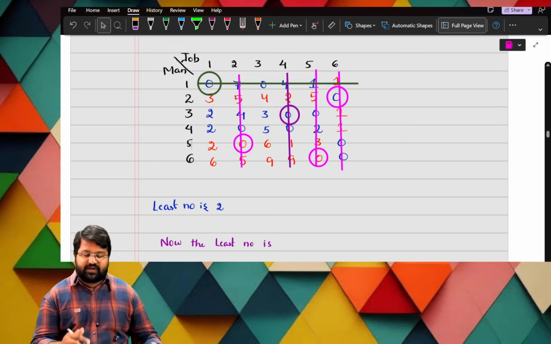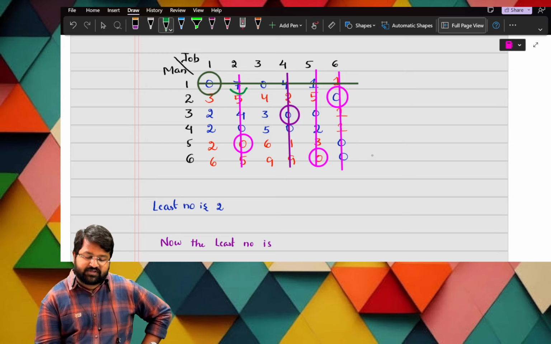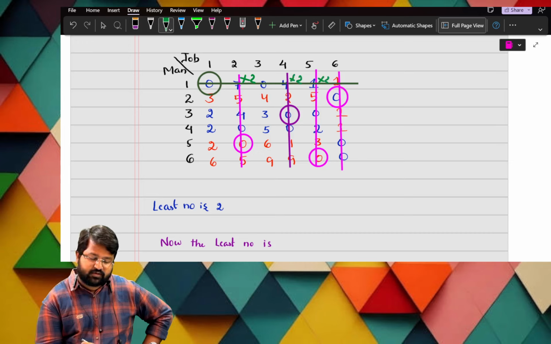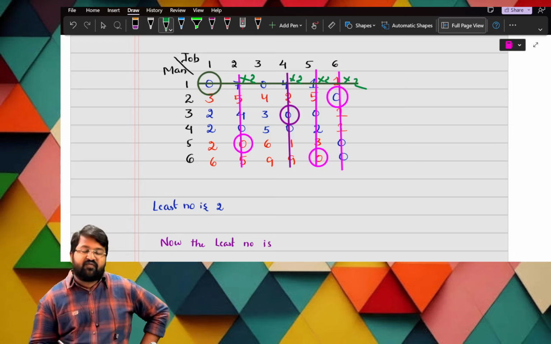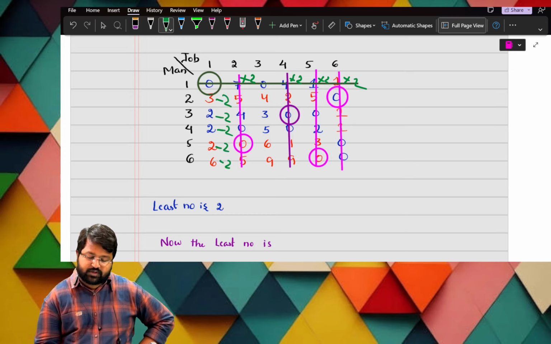So I will tell this for your understanding. What is the junction here? Here there is one junction. So here I will add 2. And here there is one junction, I will add 2. Here junction, here junction. Wherever there is a junction, I have to add. Okay, now from the uncovered, I have to minus now. Minus 2, minus 2, minus 2, and so on for all the uncovered entries.